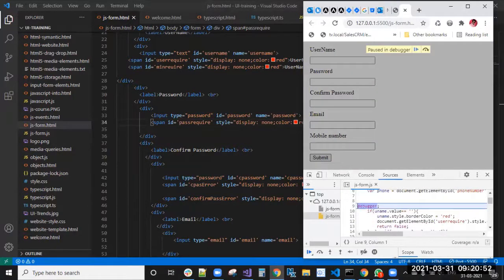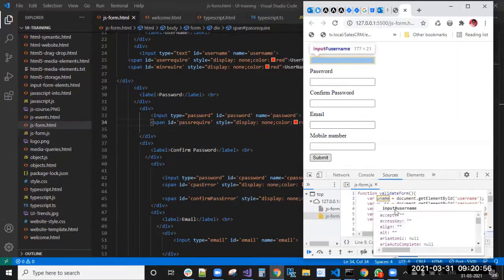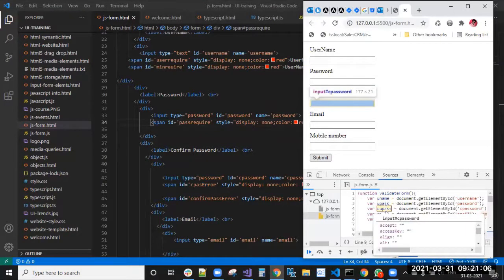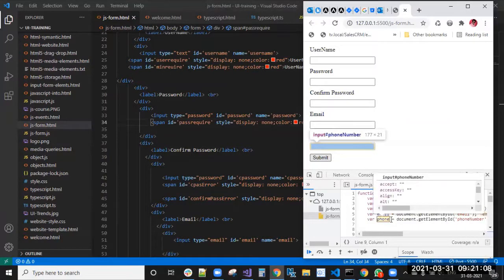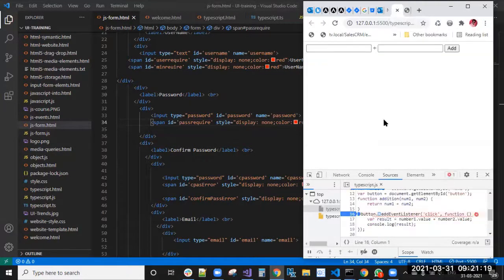If I'm submitting here, it should come like this: you input username. Here we are getting this element. Like this only it should come. But in our case, that button is not coming like that. Everything is coming as null. Why?